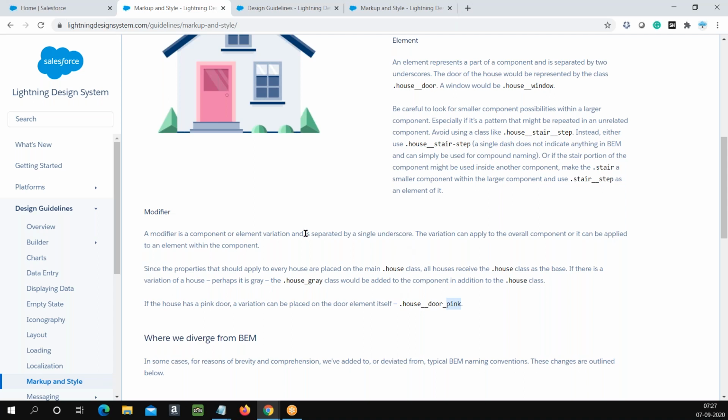like, it's a component or element variation. You can say it's a variation, right? So if you change this property on that particular element, you will get the variation. Like when you use pink you look pink color, when you use gray, you look gray color. Okay, so if you see there is a property called